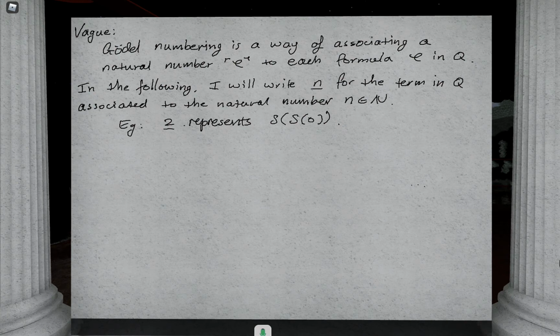Now with all of that said, let me give you the proposition, which is the important property that the primitive recursive functions and relations satisfy. And recall, I haven't told you what the primitive recursive relations are yet, but I'm about to tell you something that they satisfy.